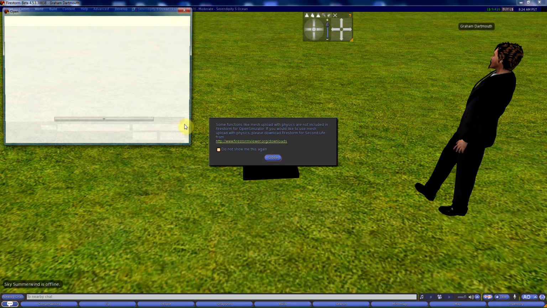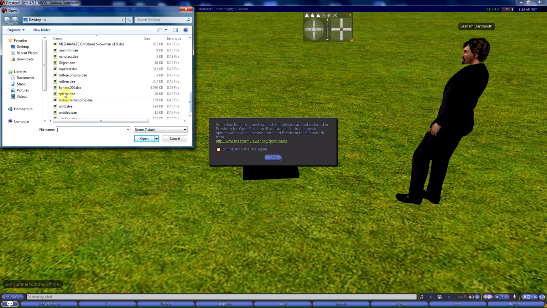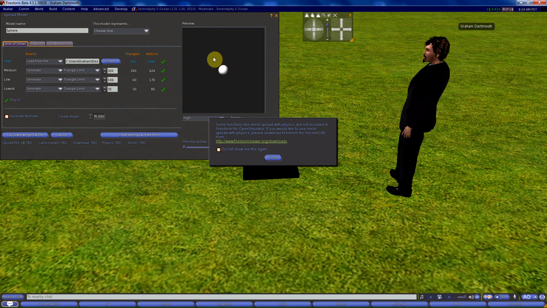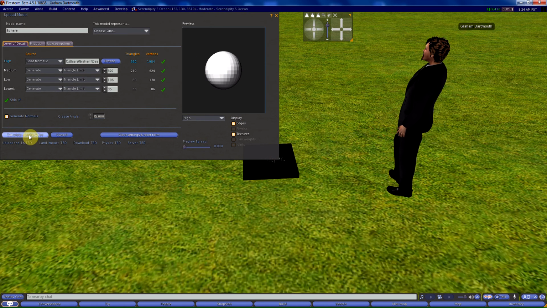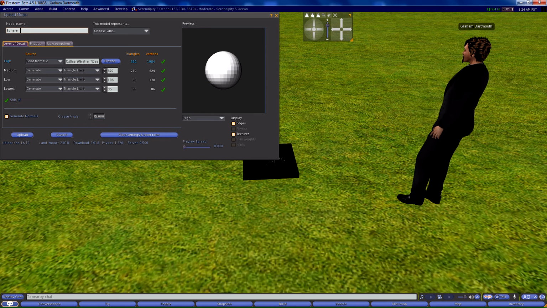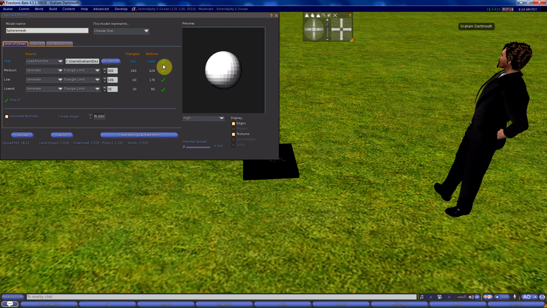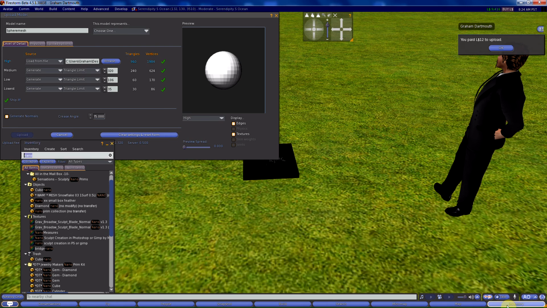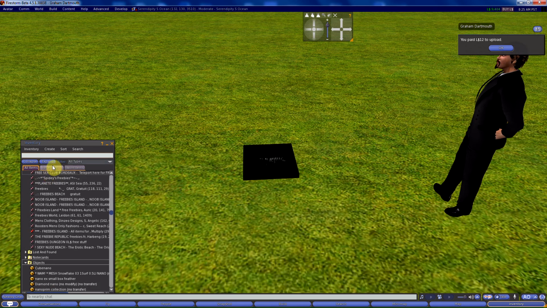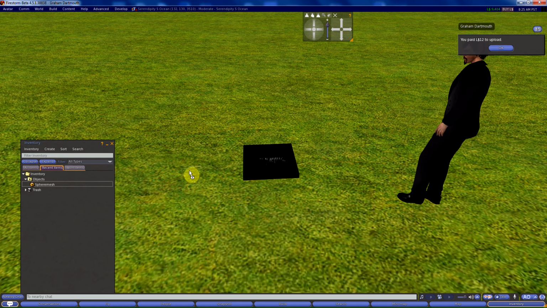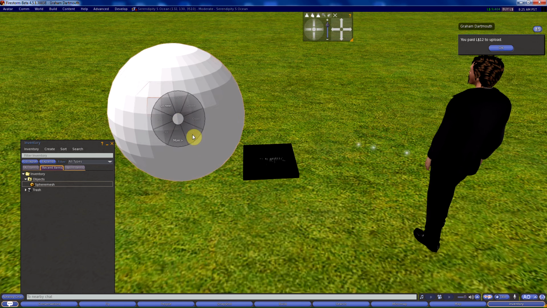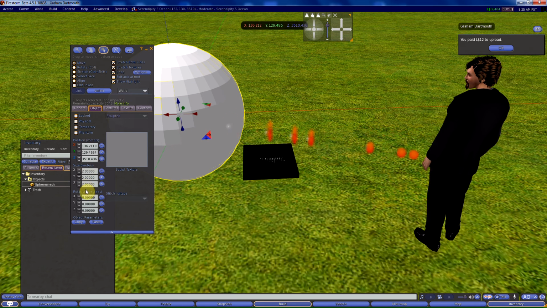Okay, so let's hop back into Second Life, and let's upload this sphere. So upload mesh model. I think it was that one. Yes, it is. Okay, I'm not going to do anything, just going to do a quick upload. And call it sphere mesh. Actually, that might throw an error, so let me just delete that. Sphere mesh, upload. And there we go. Okay, I'll go to my recent items. There is my sphere mesh. I'll rez it out,